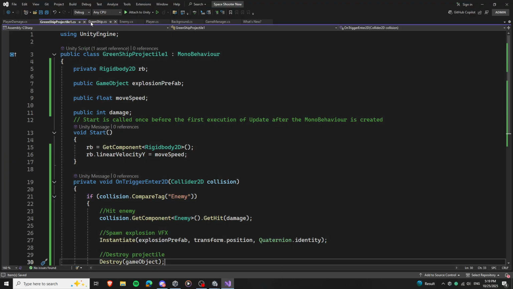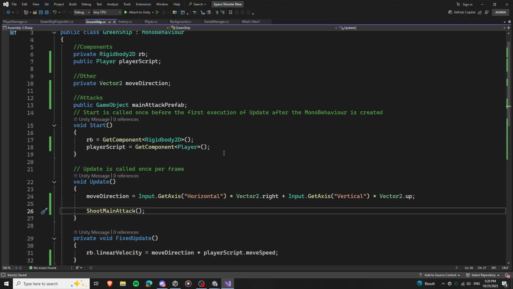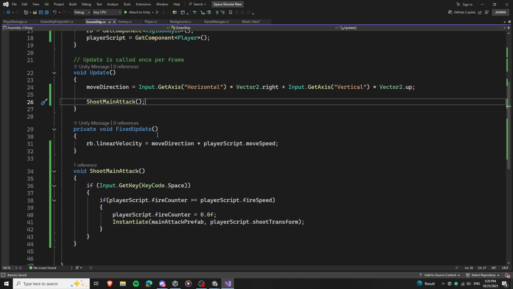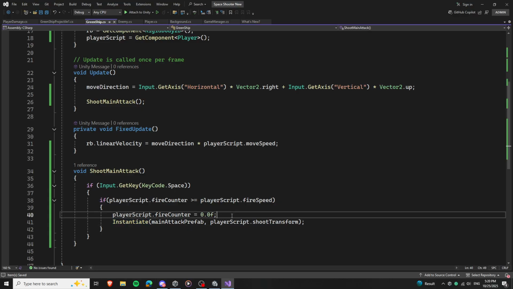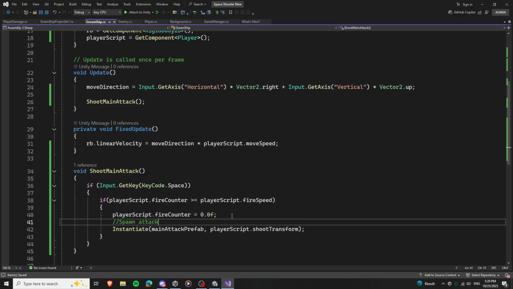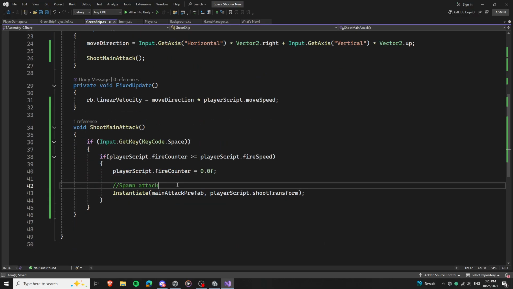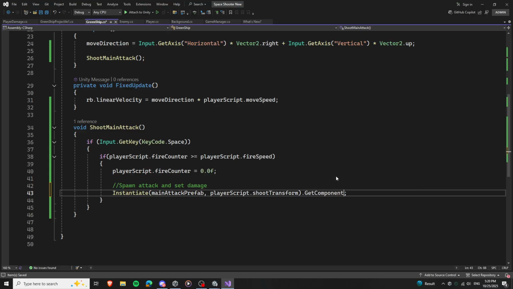Now when we spawn this, we have to set the damage. So when we start here, when we spawn the projectile, let's also change the damage. So after we spawn it, we say get component. But you see, the issue here is these projectiles. Okay, I guess it works, but